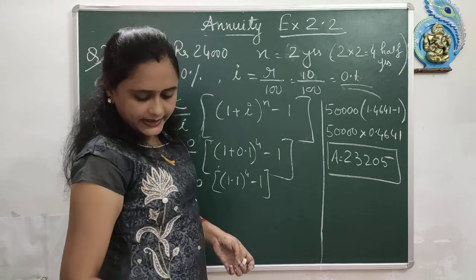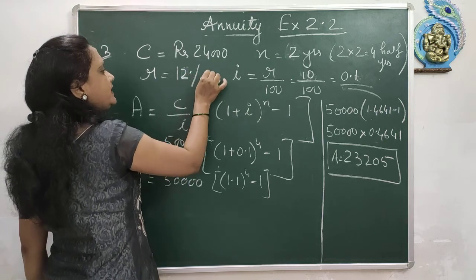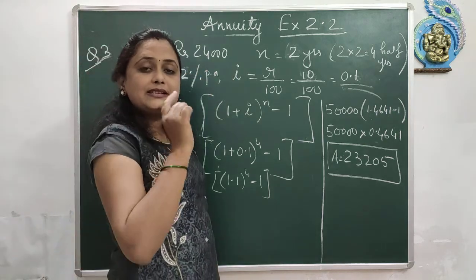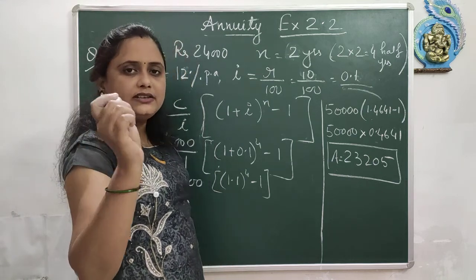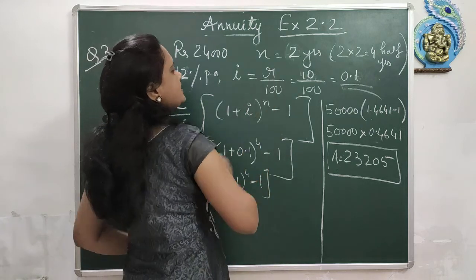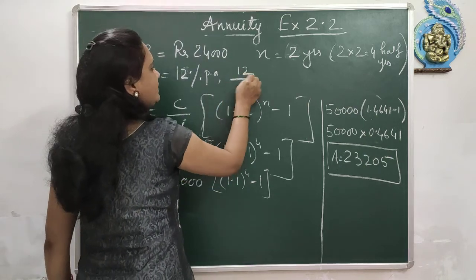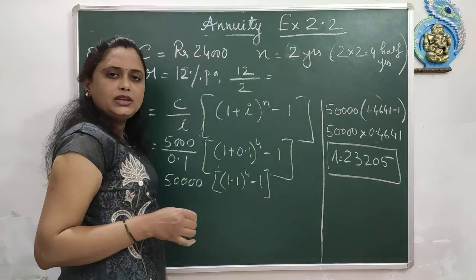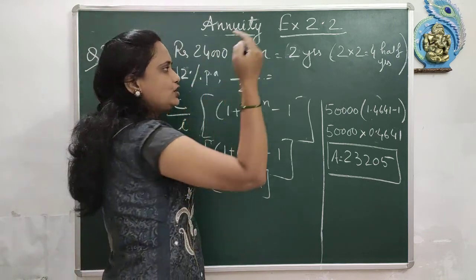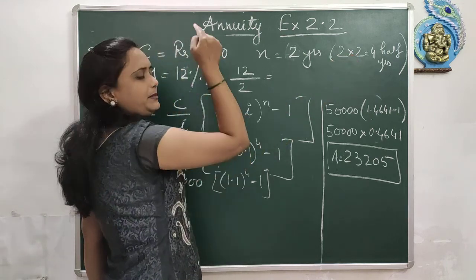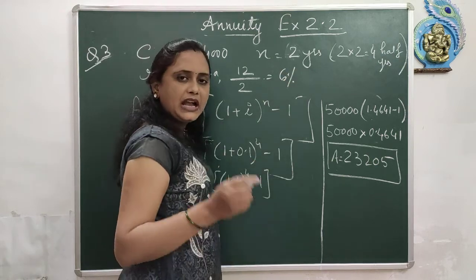And now what is the rate given to you? Rate is given 12% per annum. Here also you have to pay attention. Per annum means this rate is for 1 year, but the payment is made half yearly and the interest is also calculated half yearly. So first of all here you have to divide this 12 by 2, because this is per annum and you have to calculate 6 monthly. Just as we multiply the time by 2, similarly we have to divide the rate. So this becomes 6% half yearly.